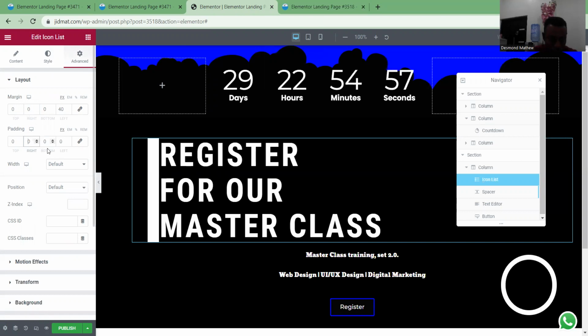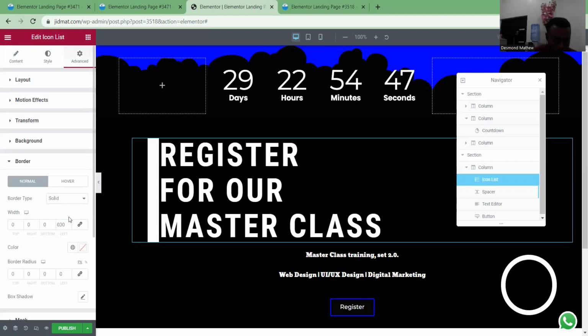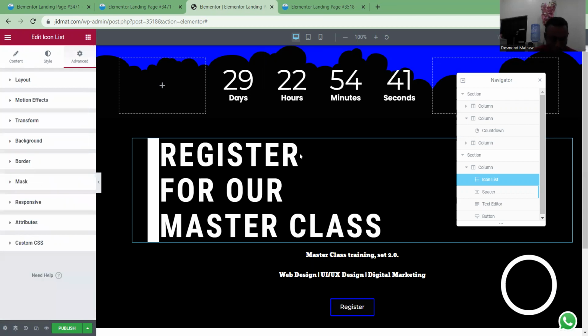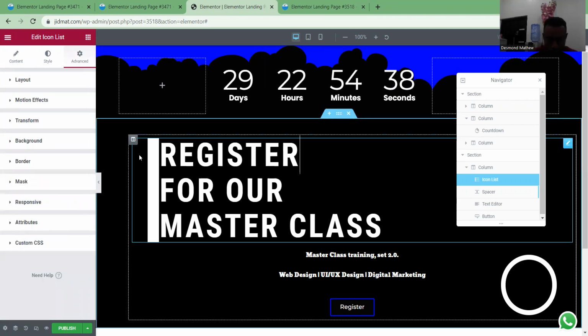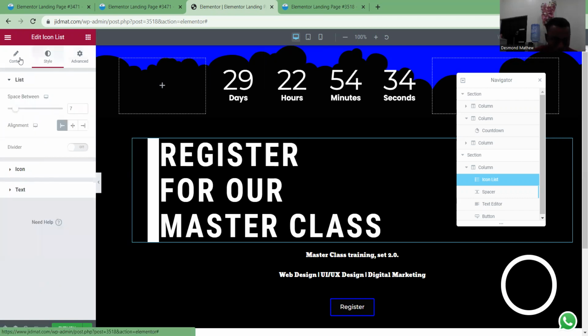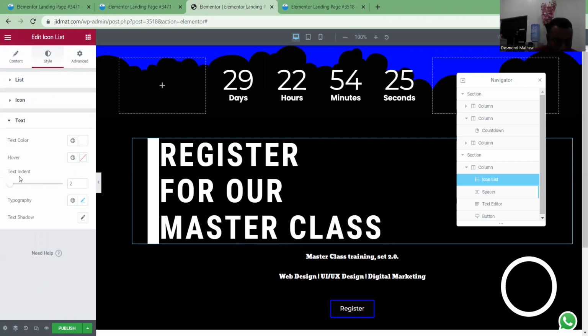No, it's not okay. Is there 20? No, 200, still not okay. So I want the border to give a space that at least will be visible for every one of us to manage. This is the space between item, text, and